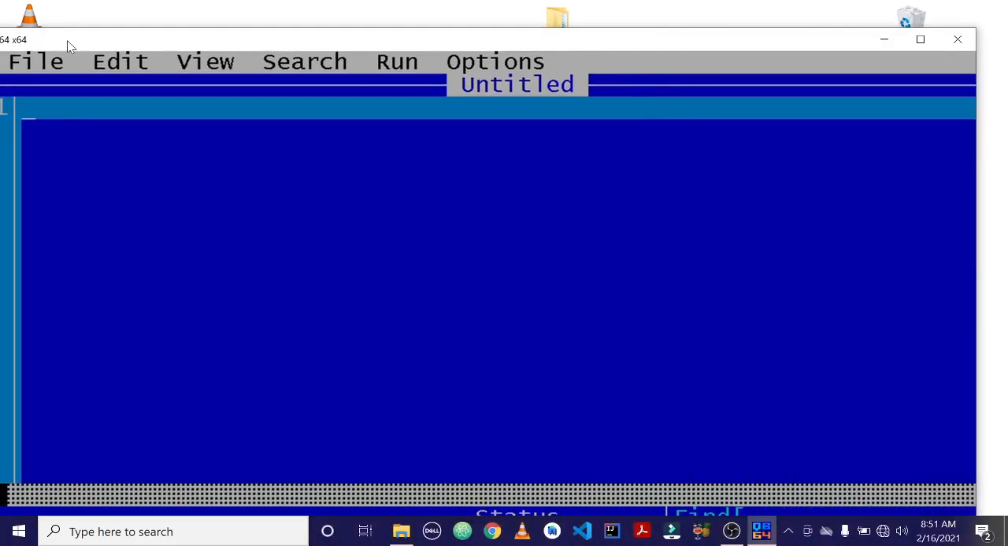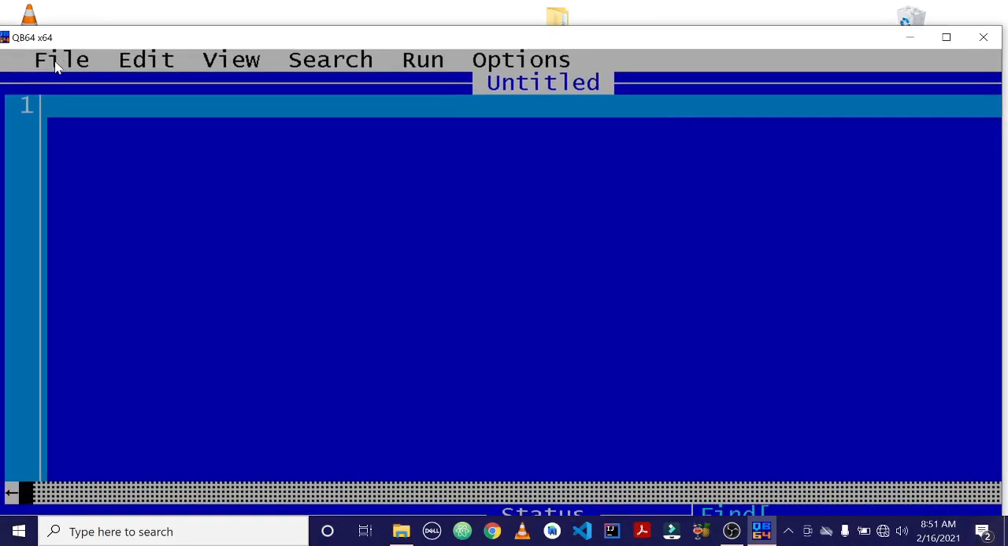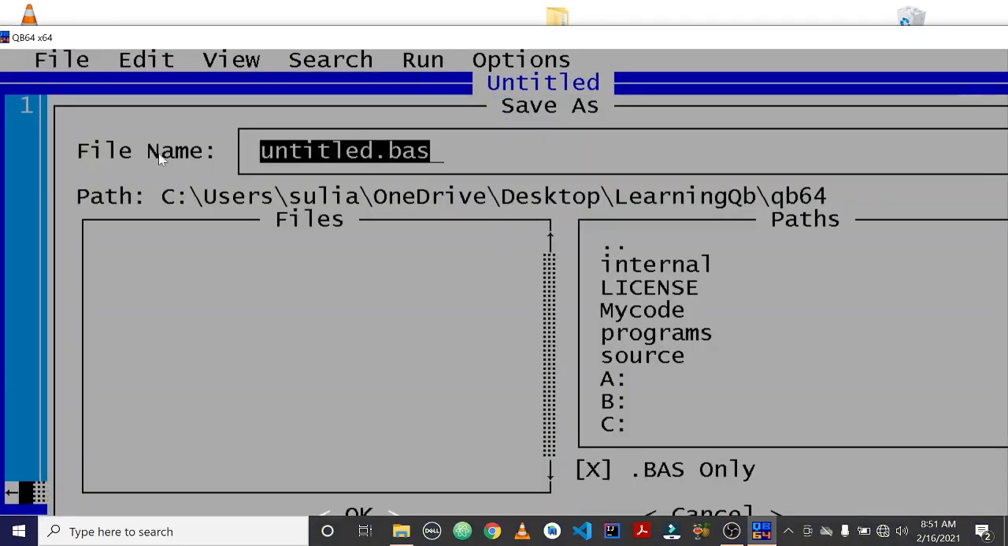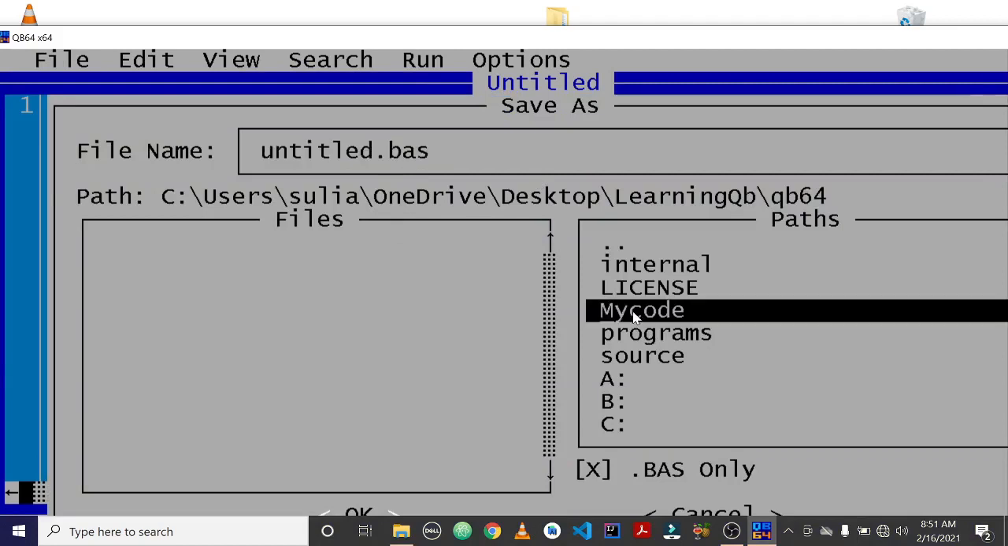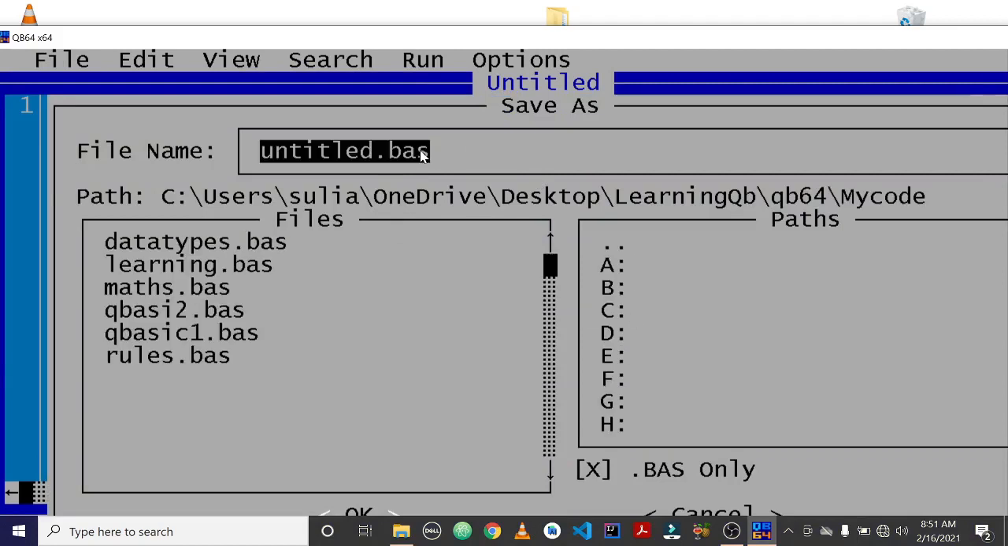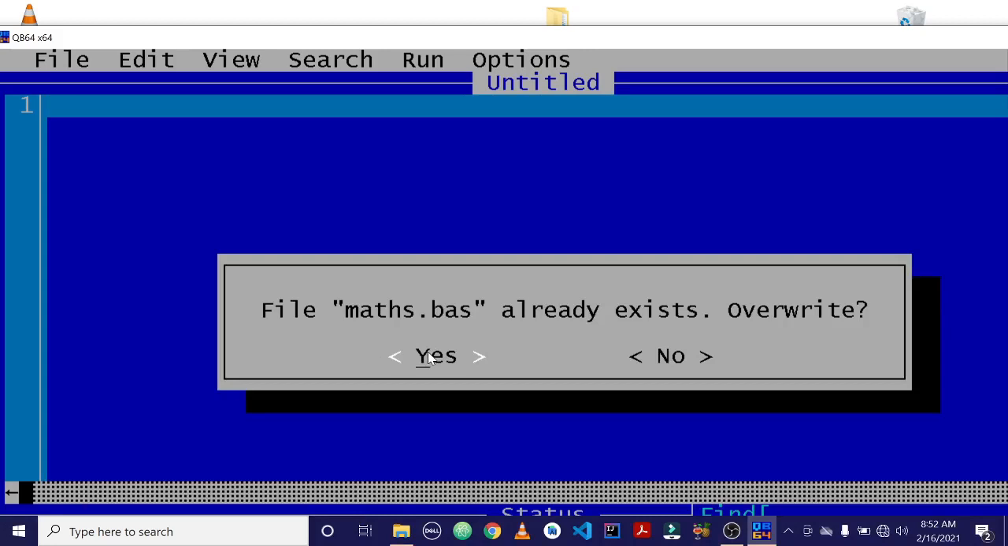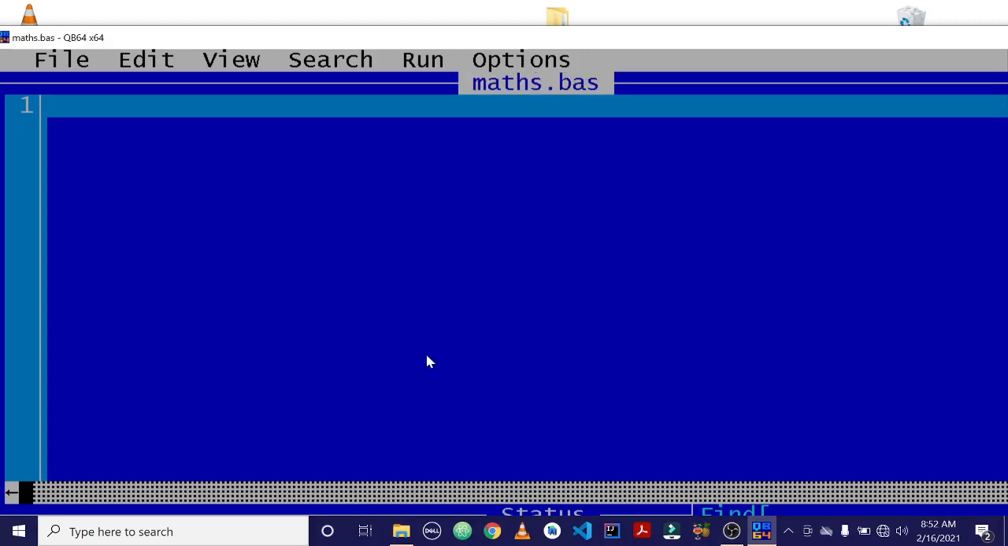The next thing to do is to save your file. So just go to File, Save, and then I always save in this particular folder. I want to give it a name, and then I'll click OK. Okay, so